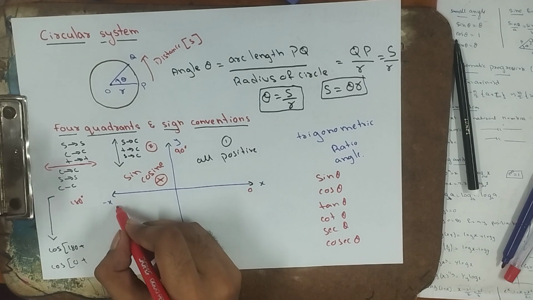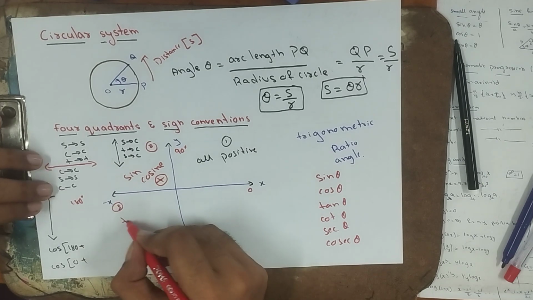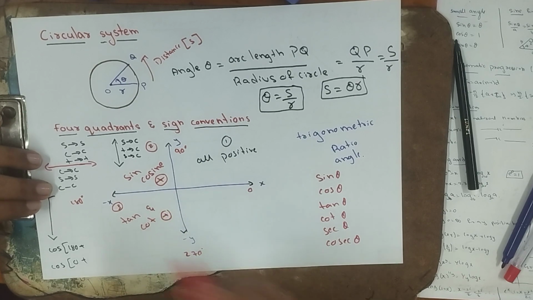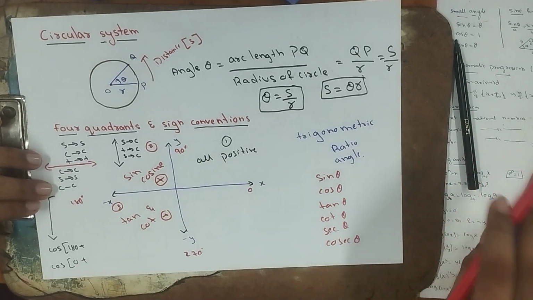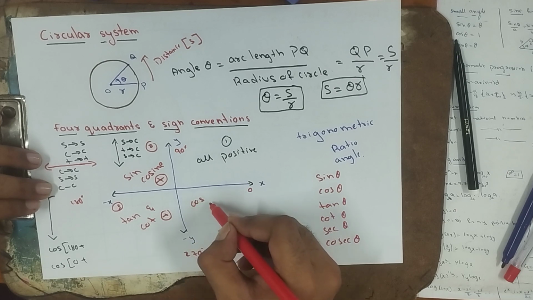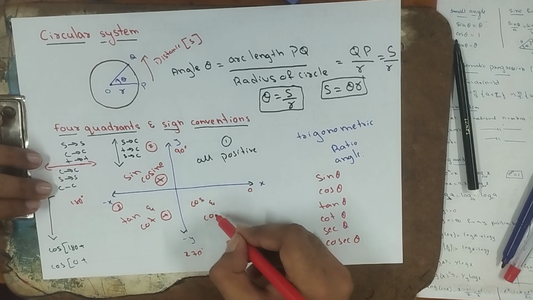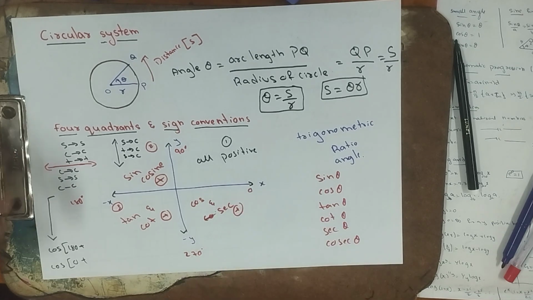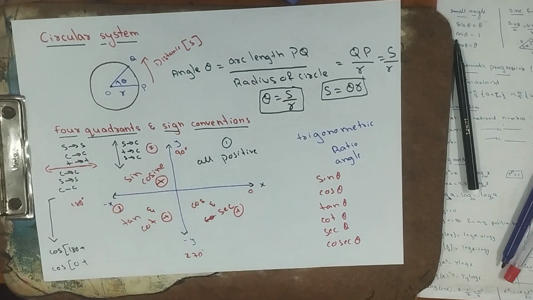Now when you come to the third quadrant, your tan and cot are positive, remaining all negative. Now when you come to the fourth quadrant, here what remains? Very simple, your cos and your sec, cos and sec positive, remaining all negative. Now whenever you see a point, whenever you see here tan theta like